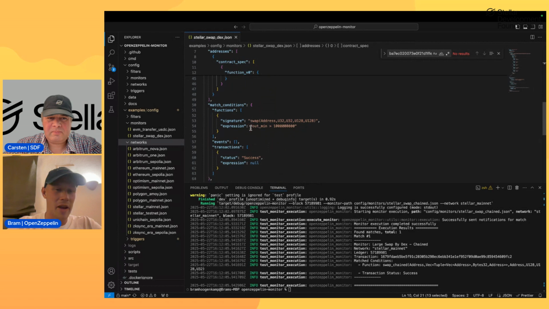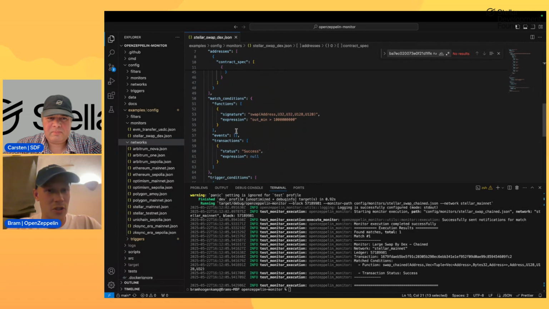And underneath here, we can set the conditions on which to trigger the monitor. We already set one condition, of course: we want to filter for a specific contract, which in this case is a DEX. Then you can also set certain conditions around a function trigger, for example. I don't want to trigger the monitor for every function call or event that is being emitted from this contract. I want to look for the swap function signature. So if someone is interacting with this function within the contract,